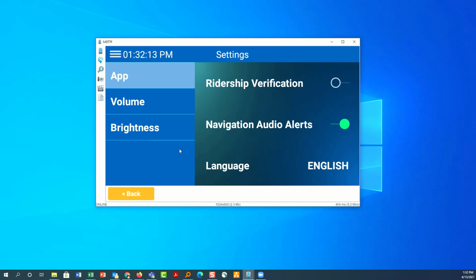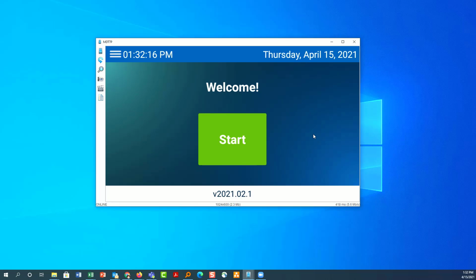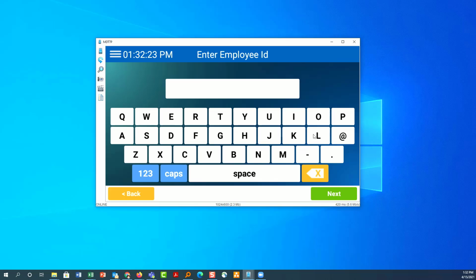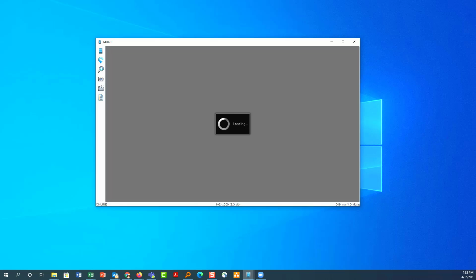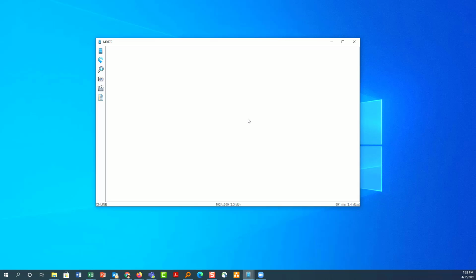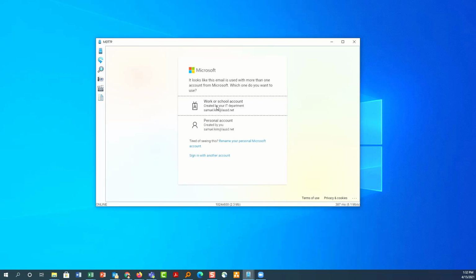All right, and then from here, let's address the issue of not being able to log in. Hit the start button and go ahead and log in. If you have an issue where it's not taking and it's just stuck on the loading screen, what you want to do is restart the Synovia app. If you don't see this right away, go ahead and start the Synovia app and then just start it again. And the way that you do that is